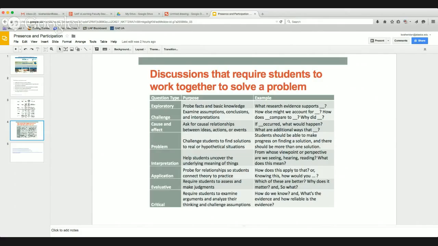Some of the tools that I use to encourage the asynchronous piece: I'm currently teaching an ed class, and a lot of the work is done outside the classroom, almost in a flipped classroom mode. I use online discussion boards like Edmodo, for instance, which allows me to set up a class, and those discussions happen all the time.